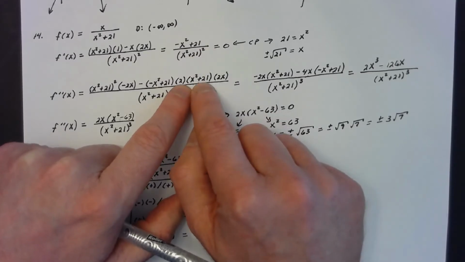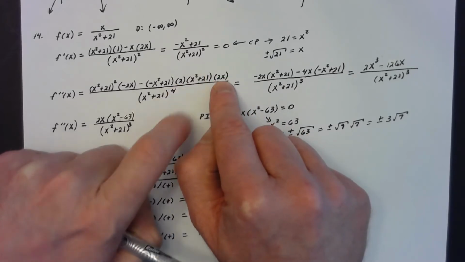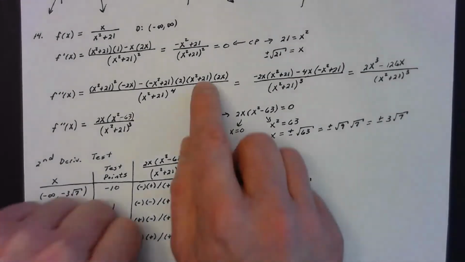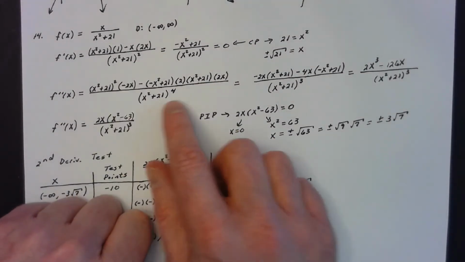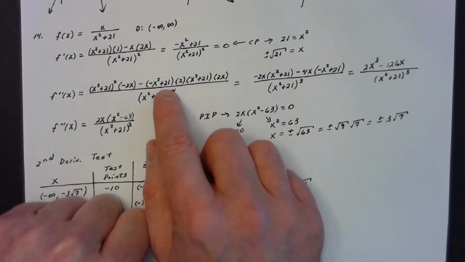2 came down in front of the group, x squared plus 21 to the first power, times the derivative of the inside, 2x. Now it's important that you simplify these in an effective manner in order to be able to set the second derivative equal to 0. So whenever I'm doing that,